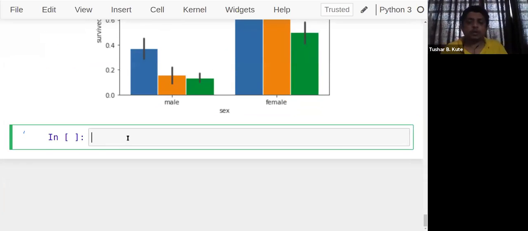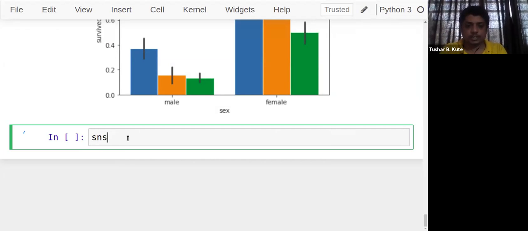Now next one. Next is the count plot. See, I'm having data with me, and in this data, which element is present for how many number of times I want to show. So that we can show using a count plot. Let's see, I just have to apply the class here as the x parameter. I want to identify the count: how many people are survived from first class, how many are from second class, and how many are from third class. So we can use a count plot for this.